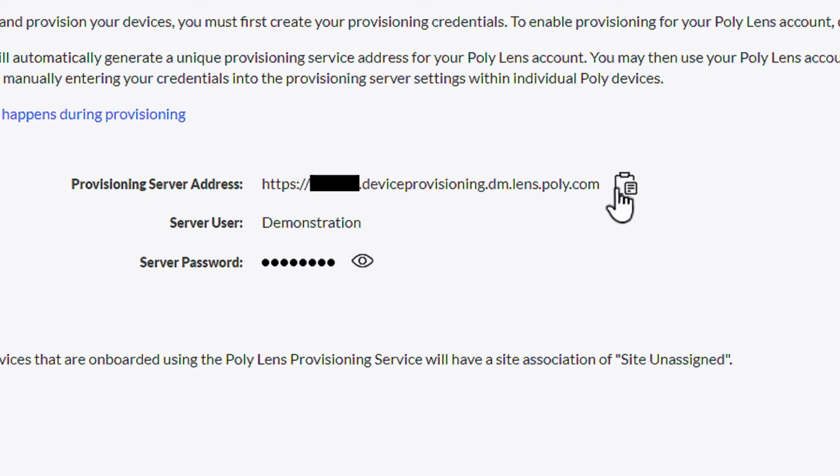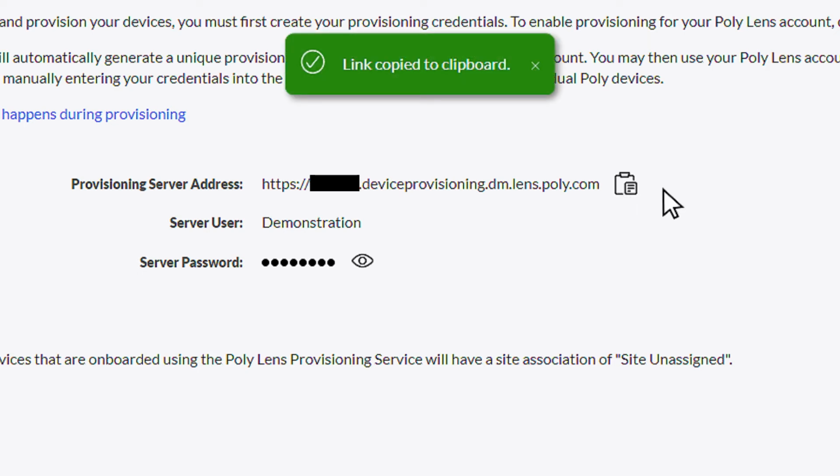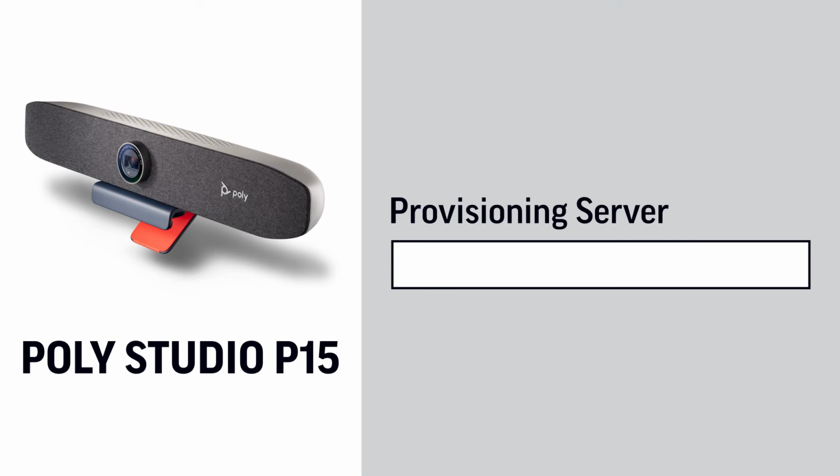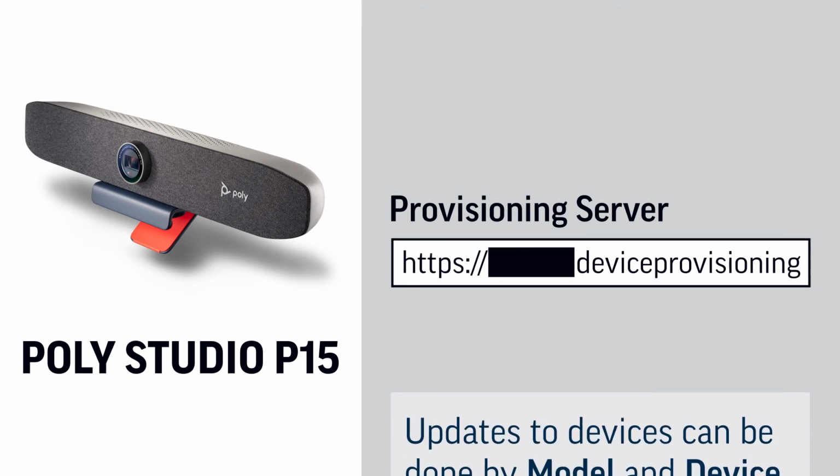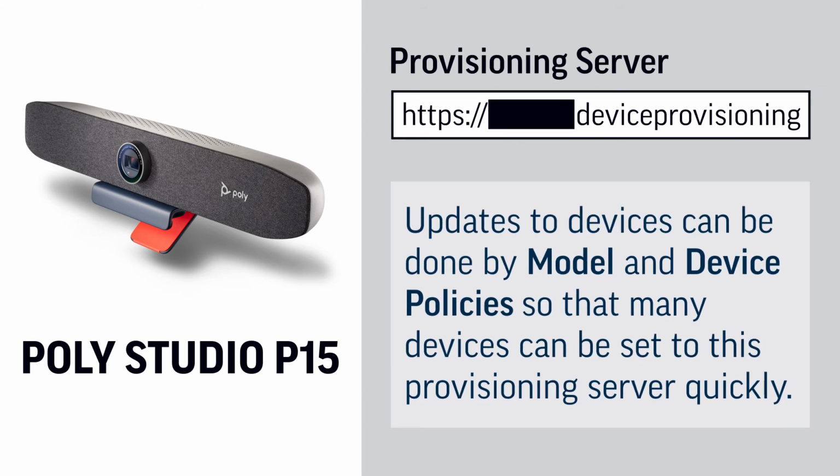Click the copy icon located after the provisioning server address to copy it to the clipboard. Now, you can navigate to any of your device's web interfaces and set the provisioning server to be the one you just copied. Updates to devices can be done by model and device policies so that many devices can be